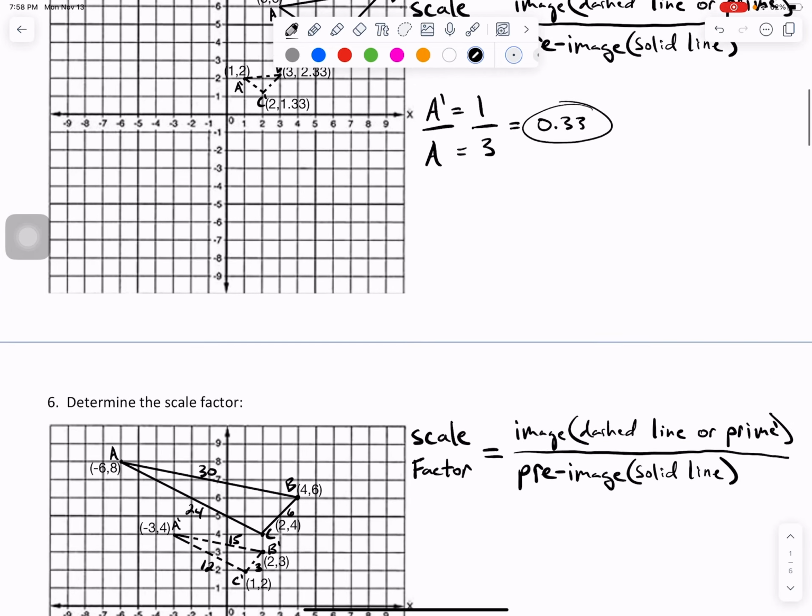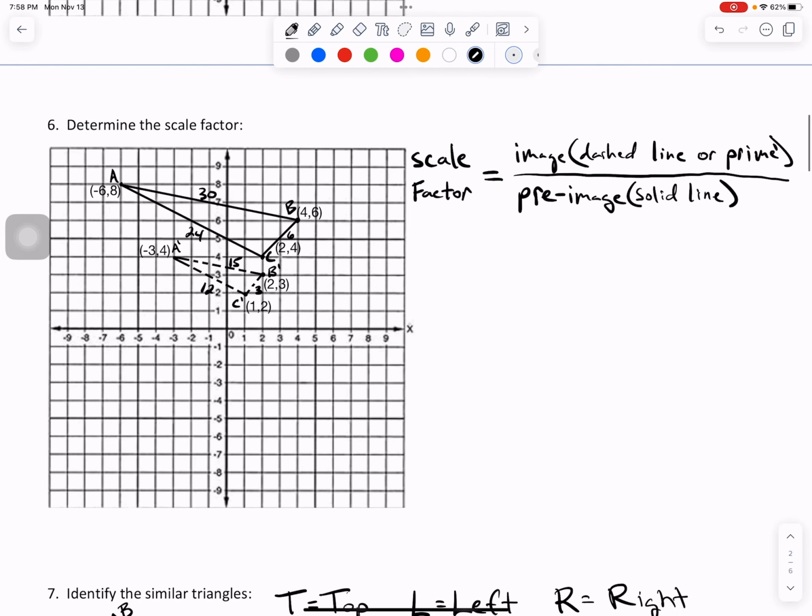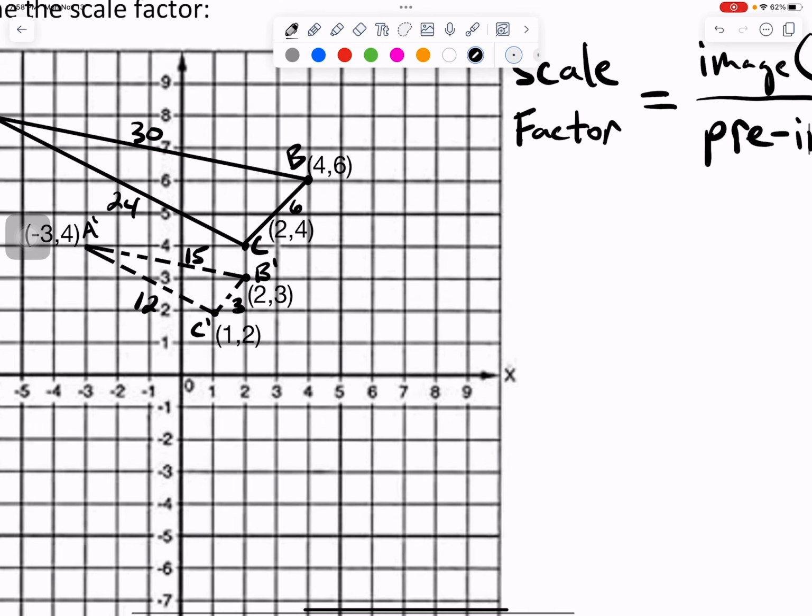Now in class, I asked you to try the one below, because I did it as coordinates again. Now for the video, I decided to add in sides. This time we will work with sides. We just have to find the corresponding sides. Oh, okay, you want to choose A prime to B prime? So we'll go side A prime to B prime. You know what? Let's do this. A prime, B prime